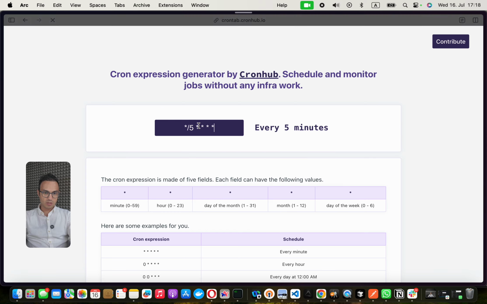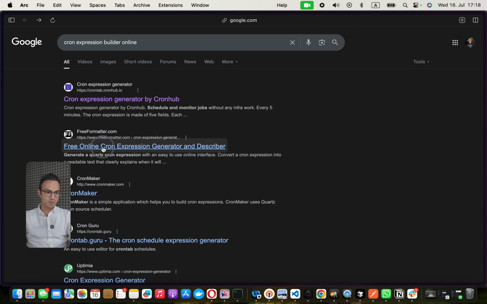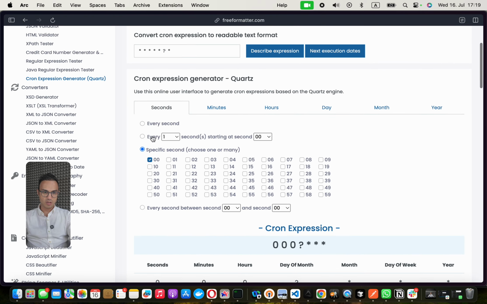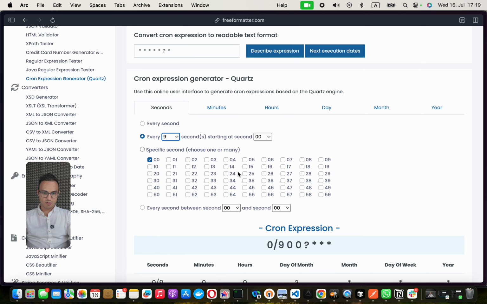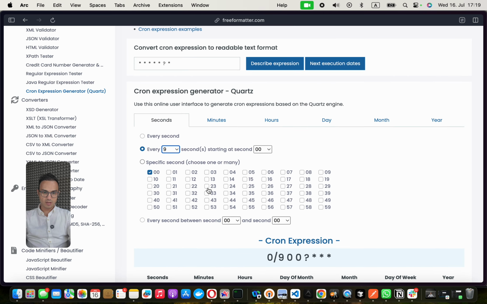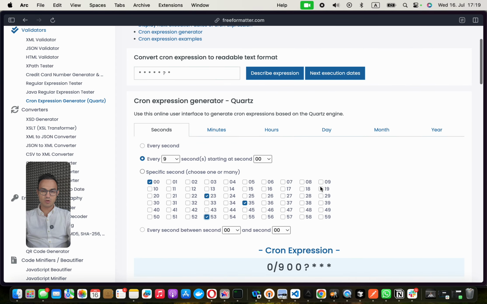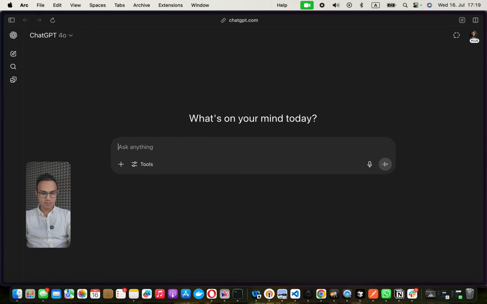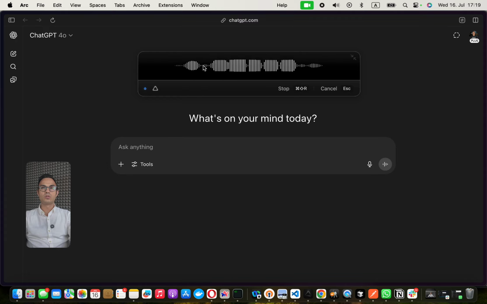There are builders where you can set it up, for example, every 9 seconds of a specific date and specific range of dates and so on. Or alternatively, you can also go to ChatGPT and ask it to create a cron expression that would trigger